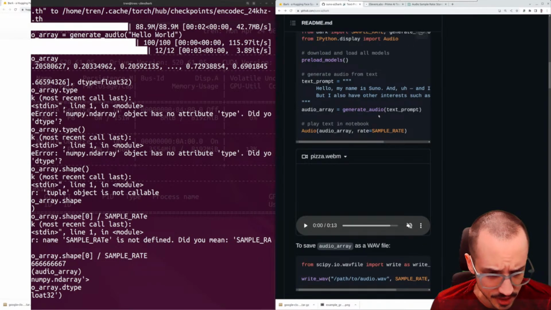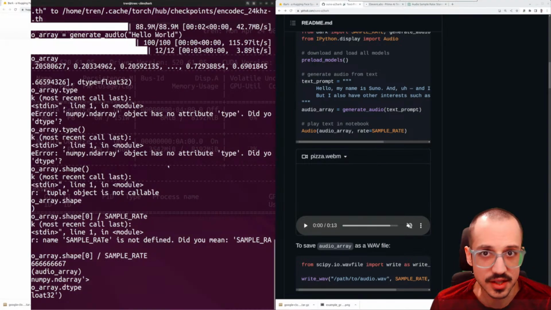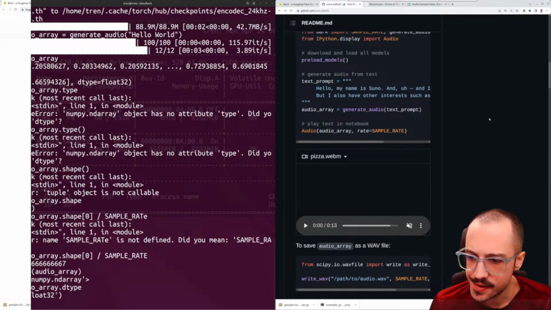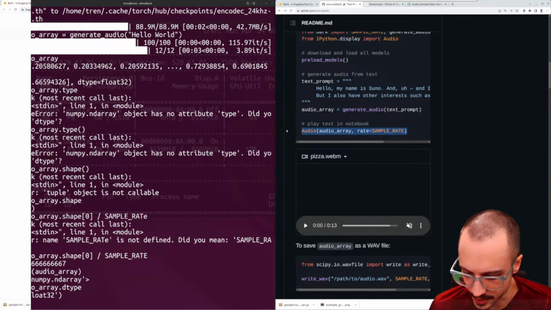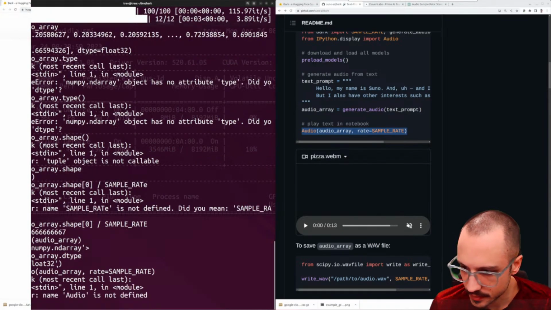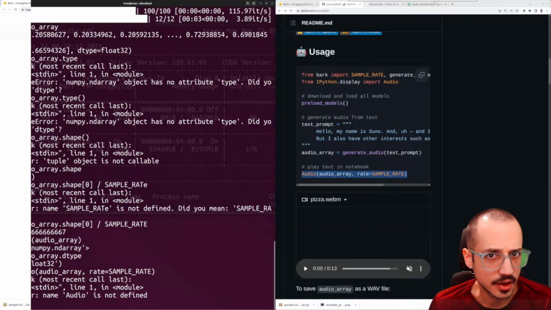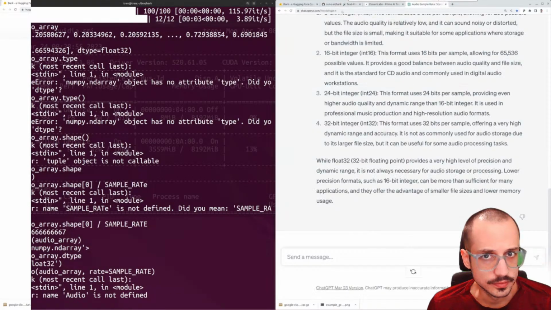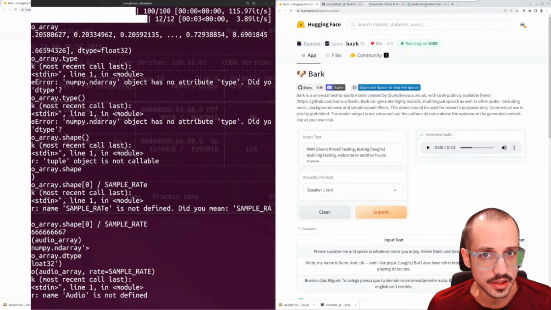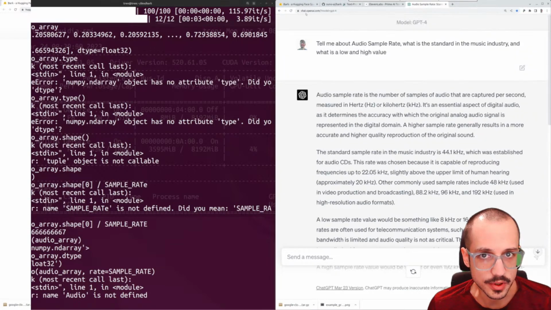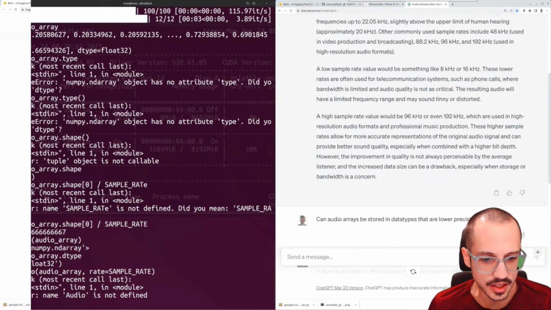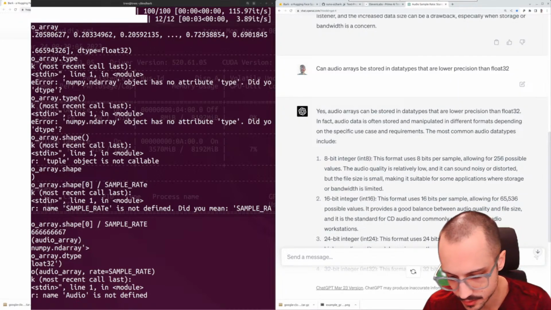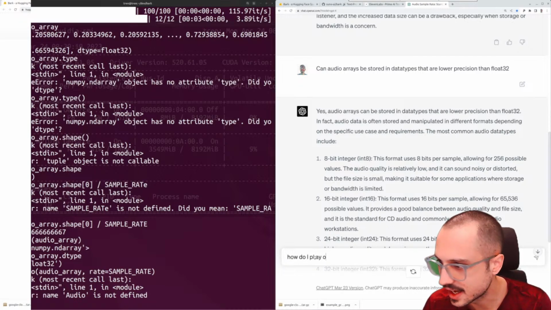All right, so we have our audio and play text in notebook. I think in order to play this, this isn't going to work here, but let's see. Yeah, there's no audio. We need to download a different library probably in order to have it output inside the Python terminal. How do I play out a